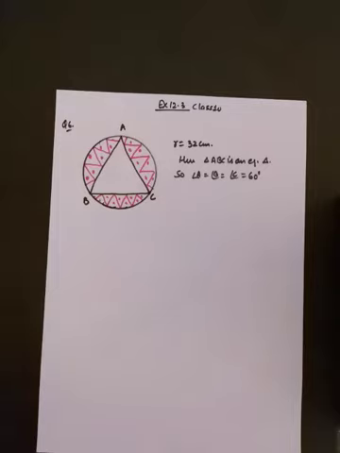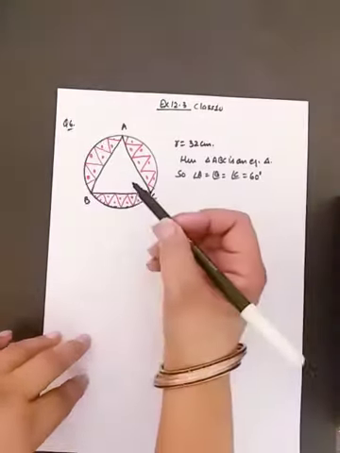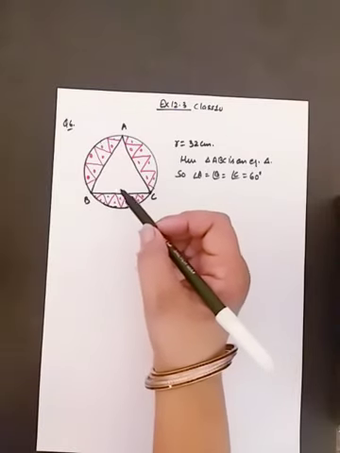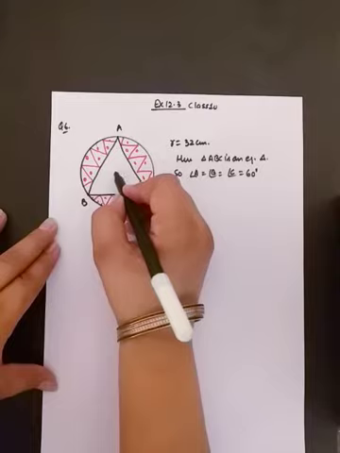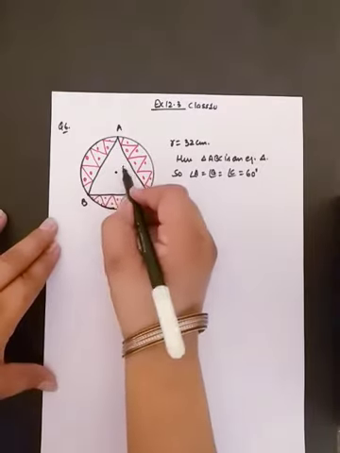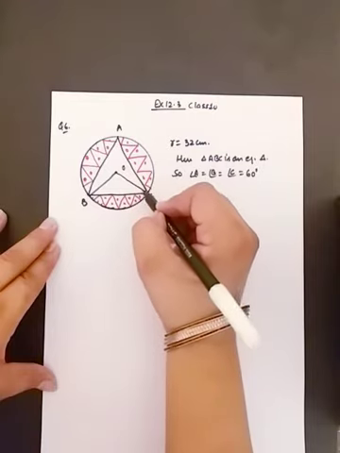So students, the area of design is equal to the area of circle minus the area of triangle. But the point to be noted is that the side of the triangle is not given. So we have to think of another solution for this question. Here this one is the center of the circle, O. Join B to O and O to C.